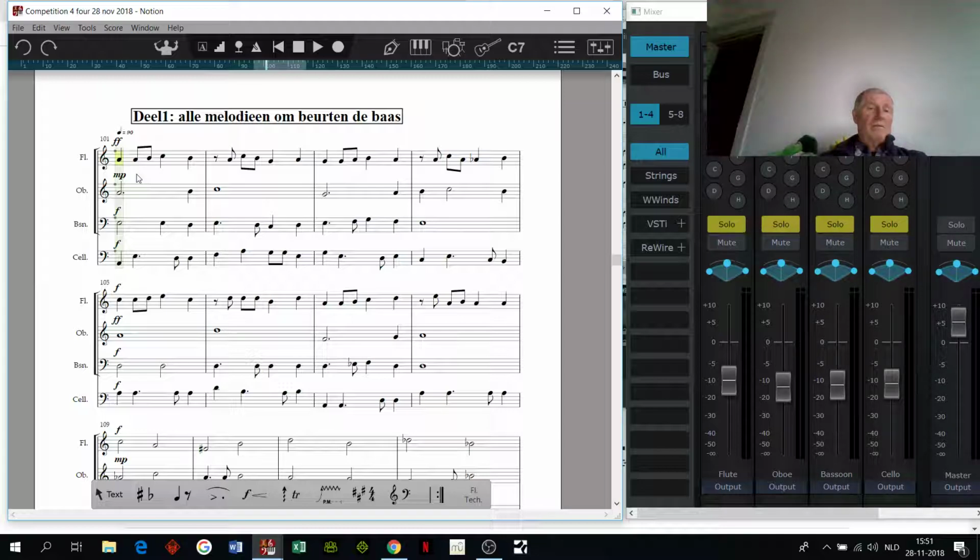Now, what does that mean for the harmony? It means that I try to change as little as possible on the non-leading melodies, except when it is too distant.